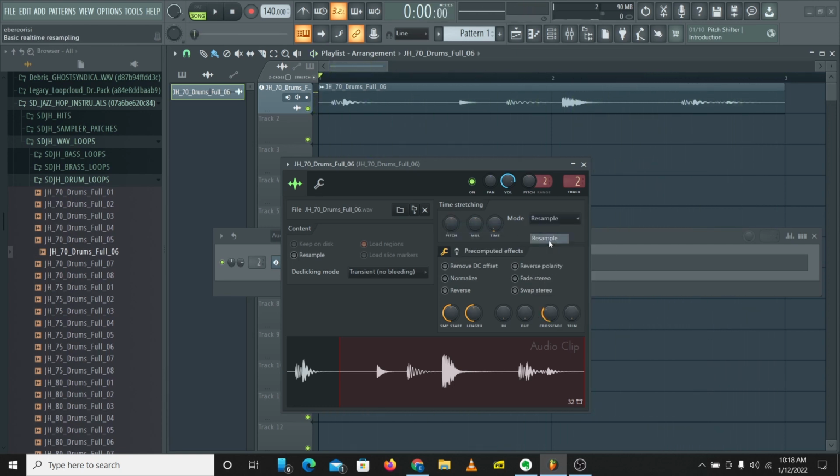So unlike the resample mode where the pitch changes when you change the time, on stretch mode, the pitch remains the same. And you can just use this time multiplicator to increase the time change.